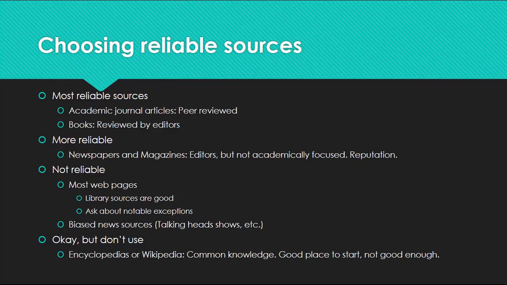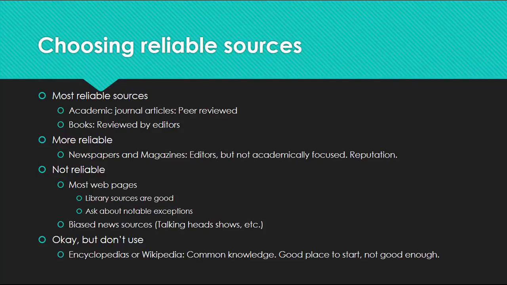That makes academic journal articles the gold standard in terms of being a good source. Books are also a good source, though, because academic books have been reviewed extensively by the editors of those books, and maybe more than one editor. A lot of time goes into the books to make sure they're good material. Those processes make academic journal articles and books the best sources you can use for college papers. And for some papers, they're the only sources you're allowed to use because we want you to be using good base material to show us that you understand the material.